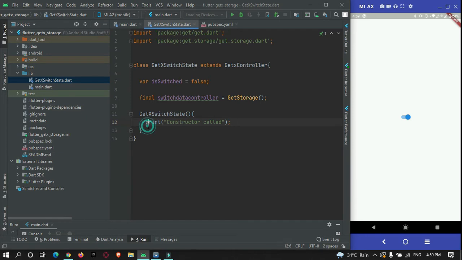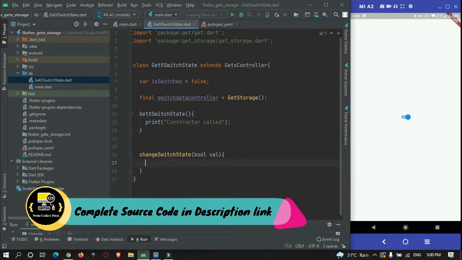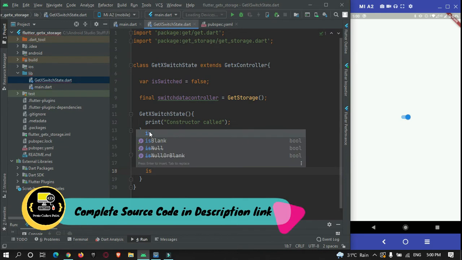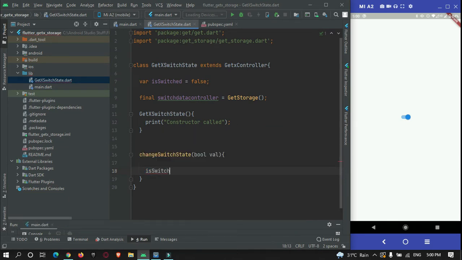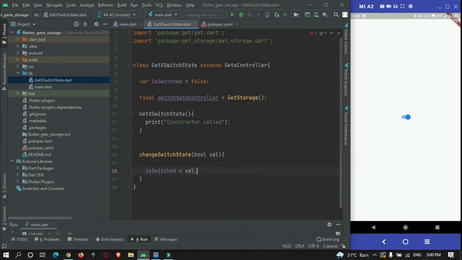And we need a method to change the state of a switch. We will create it, changeSwitchState. This will accept one parameter, that is value. In this we will update our switch: isSwitched is equal to the value that we receive. And now we need to store the data that the user performed.